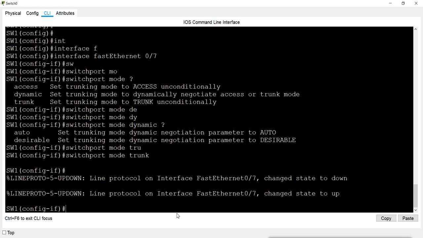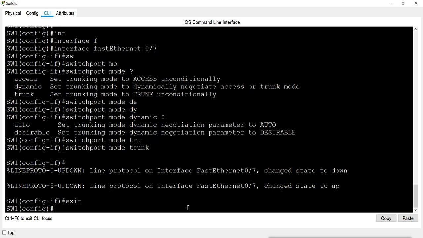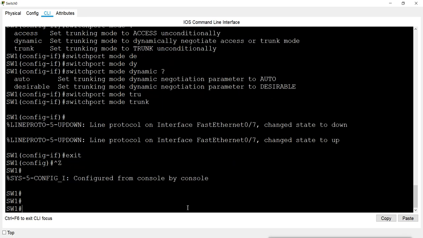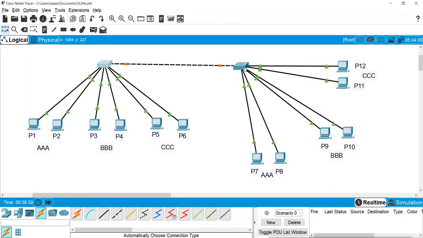Now when I change this, the port goes down and up again, but it is still not doing anything. I have to check the port of the other switch. I have to convert the port of the other switch to trunk also.